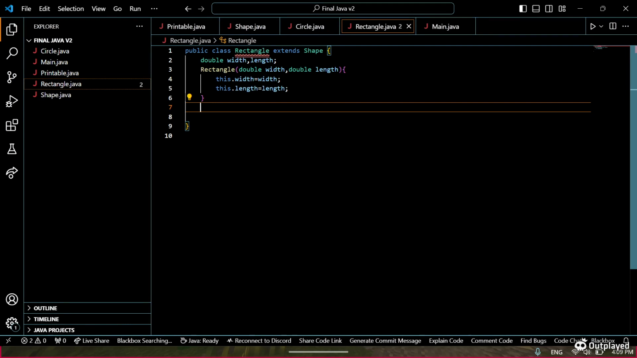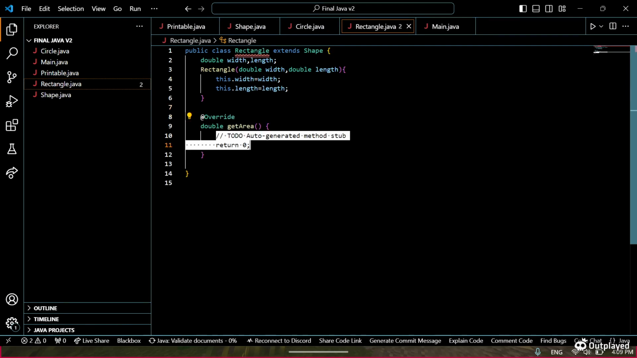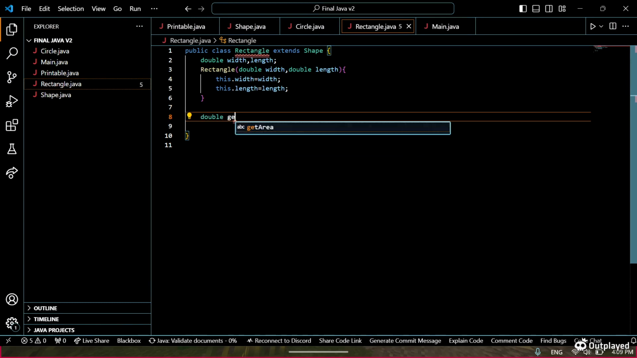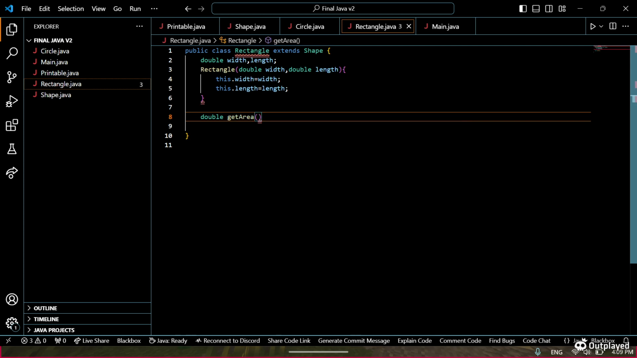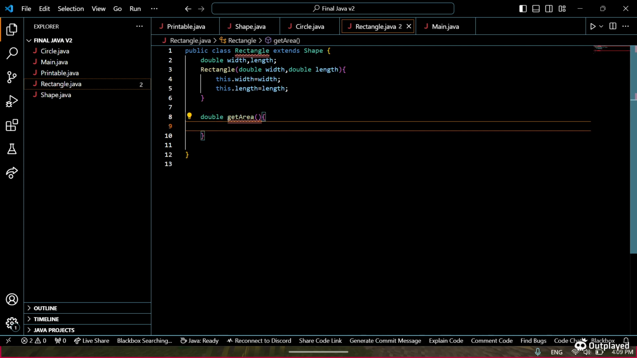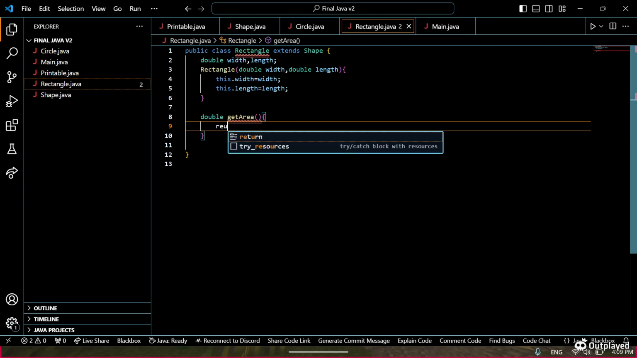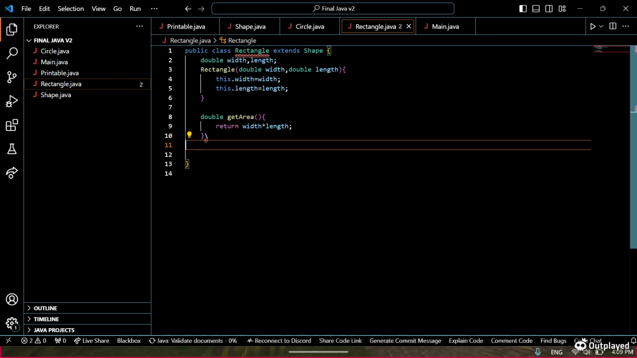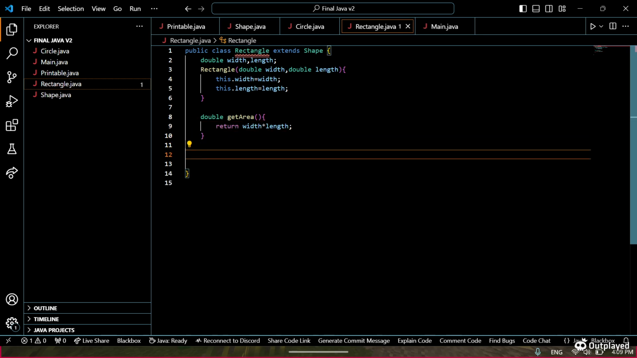We will have getArea first, or sorry, double getArea, and it returns the area of a rectangle, which is essentially just, return width multiplied by length, which gives us the area of a rectangle, right? And then we also have print, so